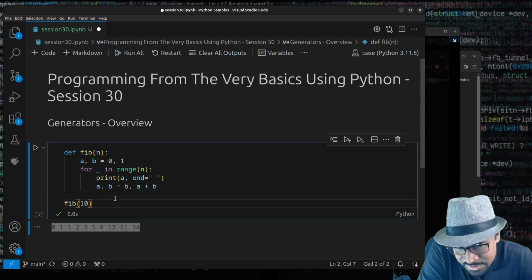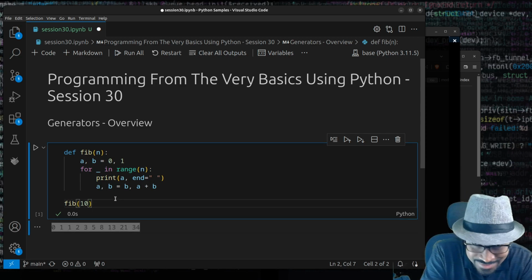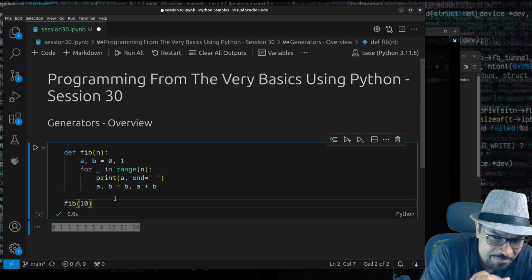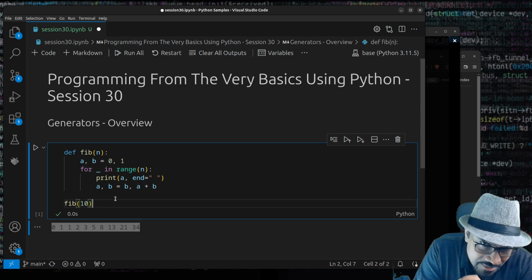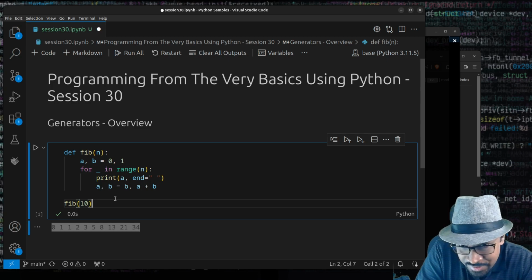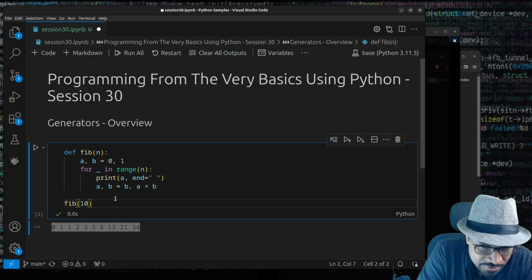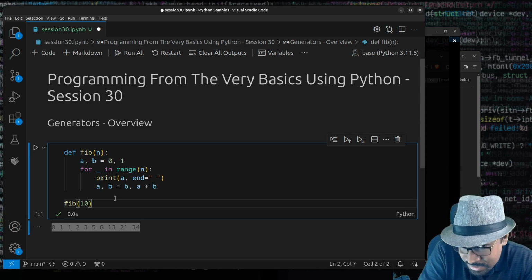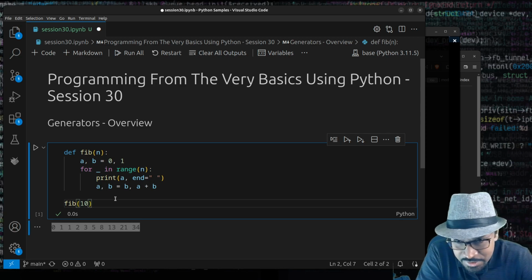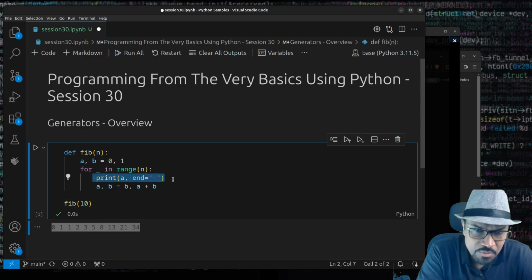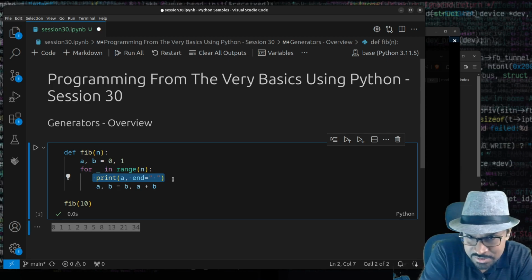Now, what's the problem with this, you might ask? This code works, and it's very Pythonic, you might say. But from the design, you can see that this particular function is not really usable. Why do I say that? This function prints the Fibonacci numbers on the screen because I'm using the print function here. But maybe what I want to do is get those Fibonacci numbers and